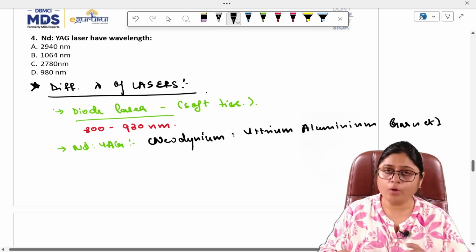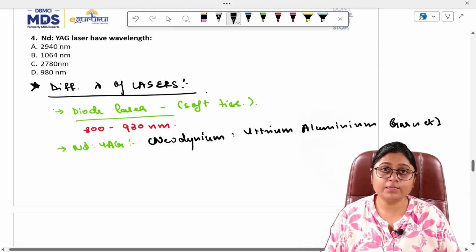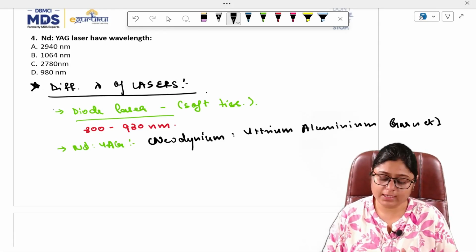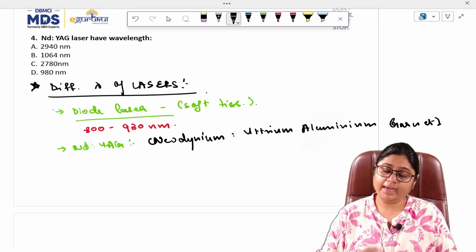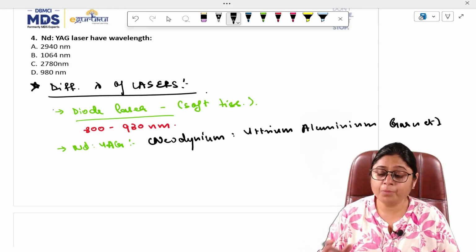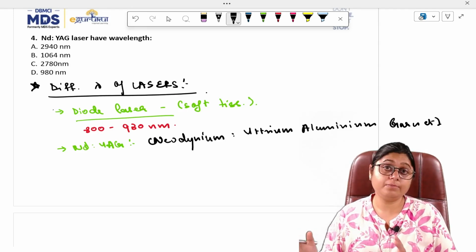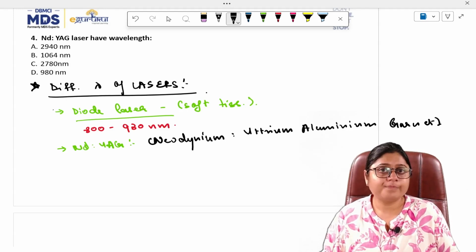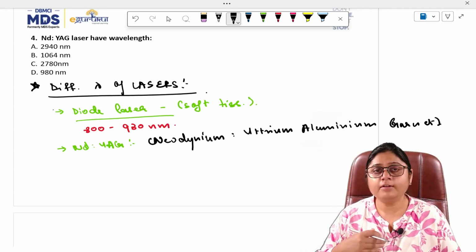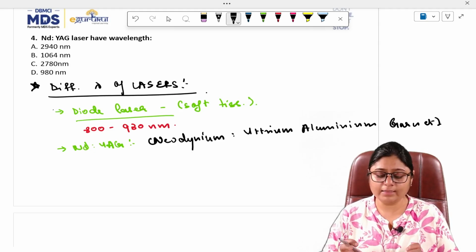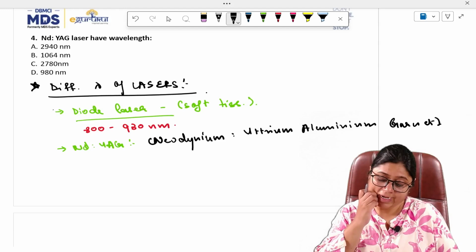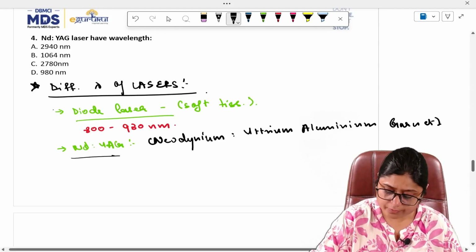Okay, this is why a laser is called a diode laser, because the medium that is used is the diode. The medium in Nd:YAG is the neodymium yttrium aluminum garnet, which is the medium for generation of photons. Okay, this is a vast topic. I cannot explain everything here, but yes, you must know that this is the medium through which the laser light is generated. So Nd:YAG has a wavelength of